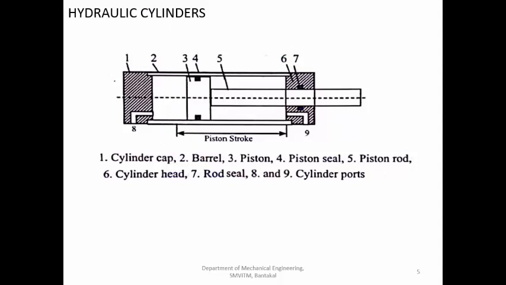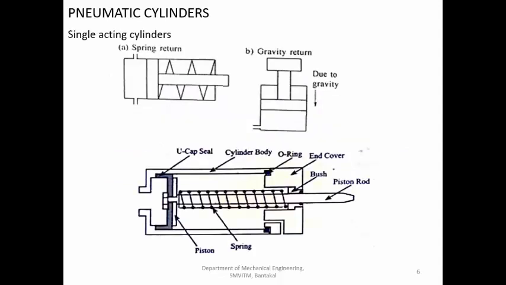So the strongest of them all is a welded, but it is a permanent joint. So if you want to do any repair or something, you have to cut the weld and then you have to do the repair and then again you have to make the welding. So that is a difficult activity. So whenever you want to do frequent opening and maintenance activities, then you are not going for welded end caps. You are going for either threaded or bolted ones. So this is about the hydraulic cylinder.